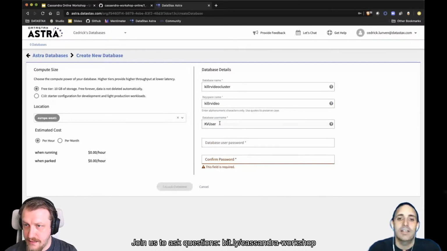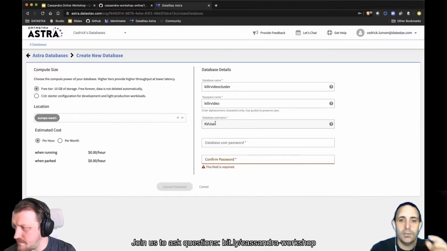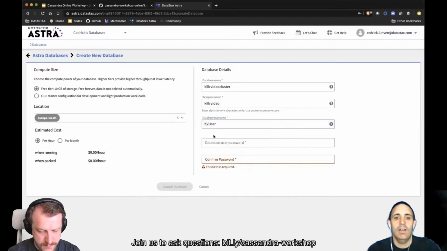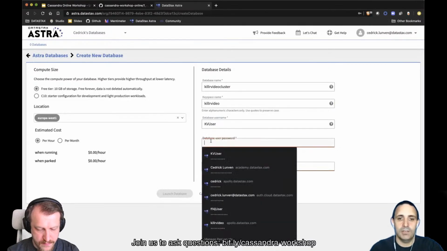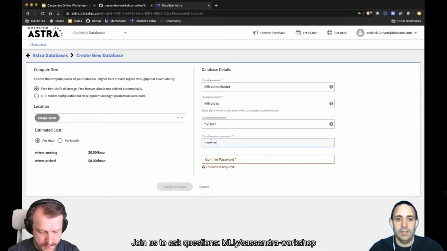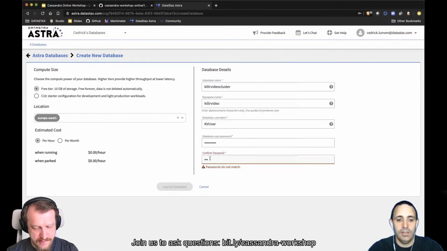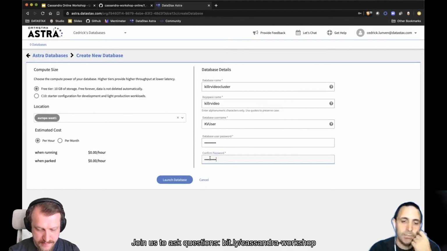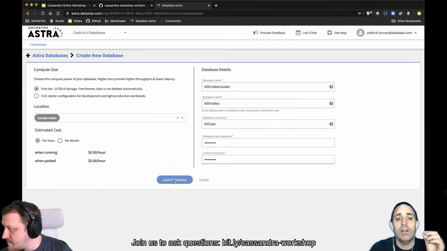Yes, that's a good point. You should write it to the slide. So, and also the username kvuser, and the password is kvpassword. Okay, so kvpassword, and do the same for kvuser, with capital K, capital V. So if both my passwords are the same, I can now launch the database.